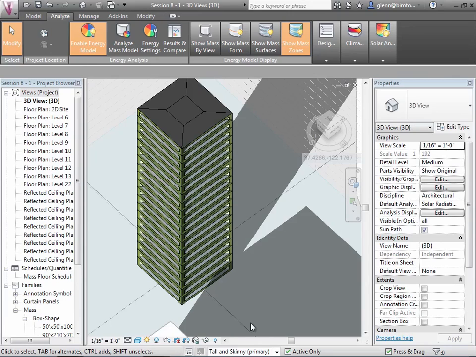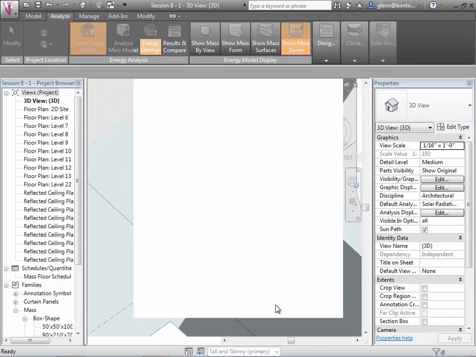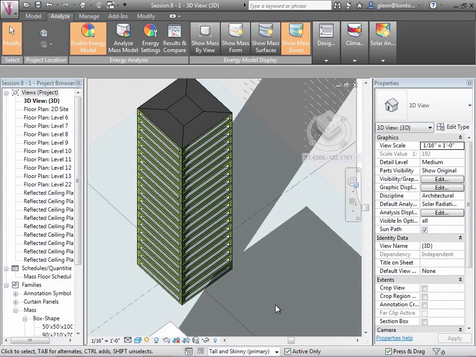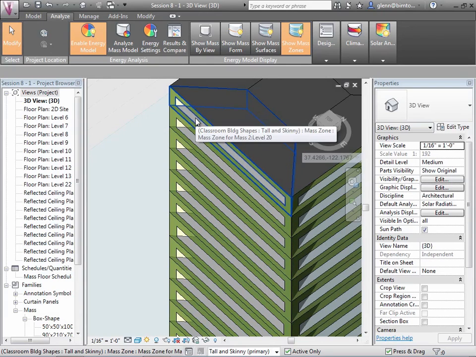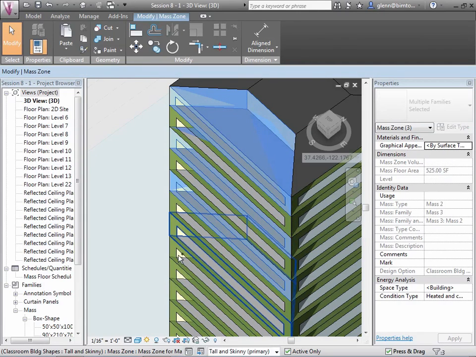So let's go ahead and analyze this one too. I could go through and change the percentages or leave them default. Energy settings. The defaults are hanging around in here. We could change any of those if we want to. I'll leave it about the same so that we have some normalization between the different shapes. If I want to have a really fair comparison, maybe I should go through and change some of these so they also have the custom shading on this side. So what am I going to do? I'm going to say every other floor on this side